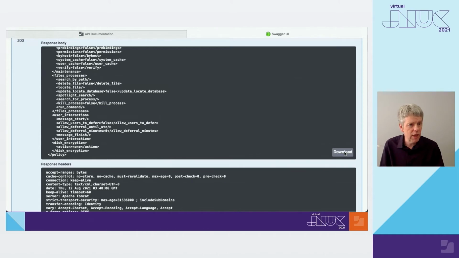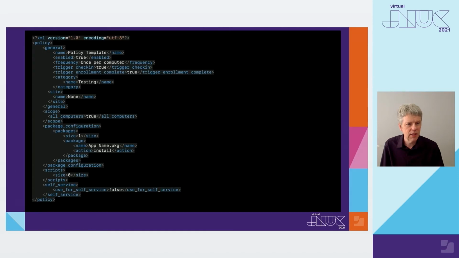As you may have noticed when I scrolled through there, the XML policy had a lot of stuff that was just a bunch of self-closing tags or defaults that don't apply. We can get rid of those bits. We also need to get rid of any tags that give an ID number, since that is something that Jamf Pro will take care of for us when we use the API to create the policy. That leaves us with something like this.